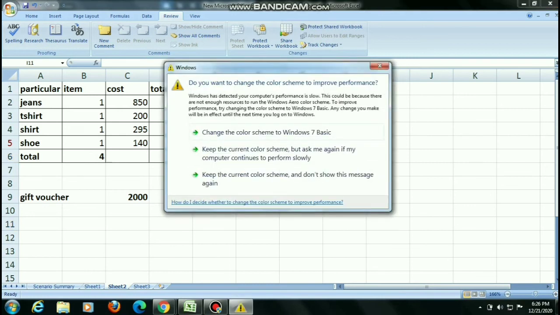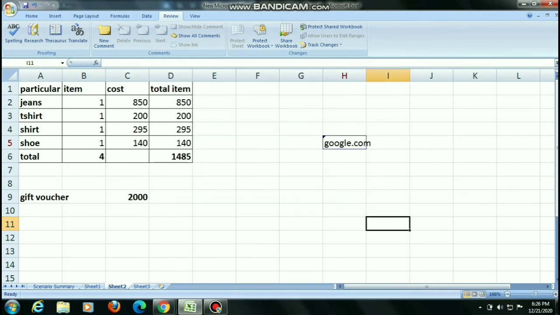This is my relative hyperlink. But here, if I am giving the proper address, then that type of hyperlink is known as an absolute hyperlink. If I am writing www.google.com, this sort of hyperlink is known as an absolute hyperlink. So our hyperlinks are divided in two categories: one is relative and one is absolute. Absolute means the complete address. Relative means I am giving only the name of the particular site.